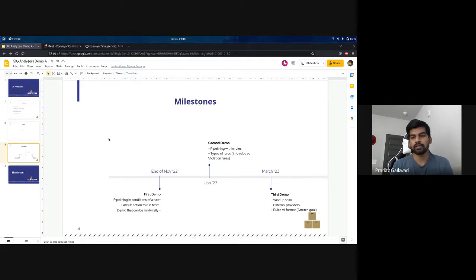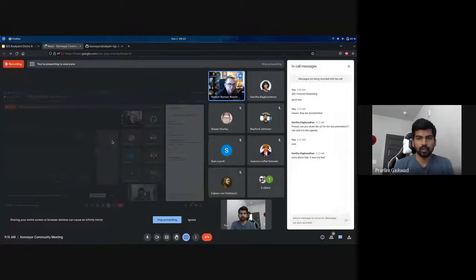We would have support for external providers. Right now, all our providers are in tree. They are baked in the same source code. So we would have support for external providers, and then we would have what Sean talked about as rules V1, which is the first defined concrete rules format by that time. Sounds great. Thank you. Yep.